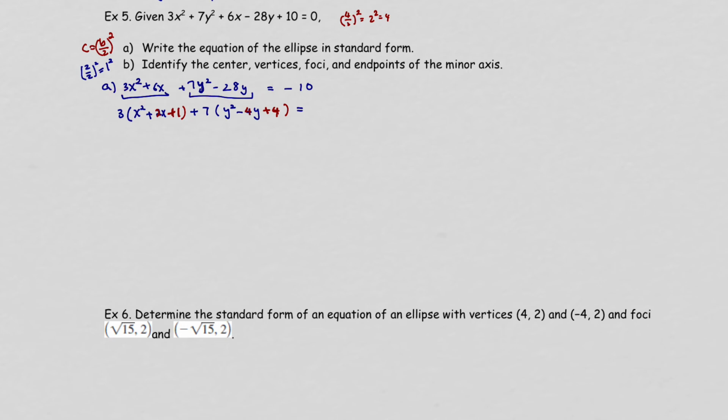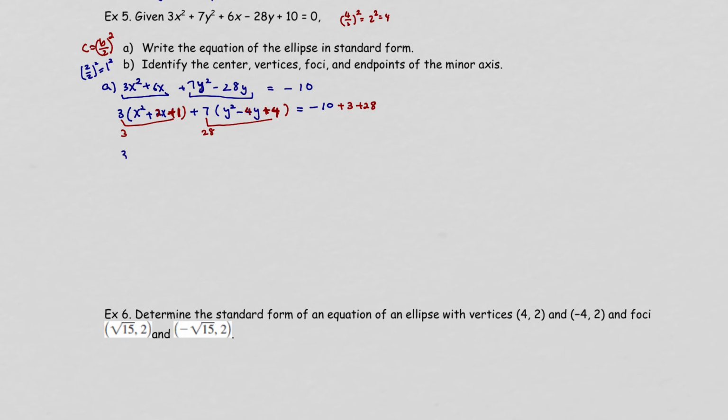So we had negative 10 before. Adding this 1 here, basically when you multiply this 2, you get 3. So you add 3. Adding 4 inside our parenthesis, you're basically adding 28, because when you open the parenthesis, it will be 7 times 4. So you're going to do the same thing on the other side. So you're adding 3 and adding 28. That will give me